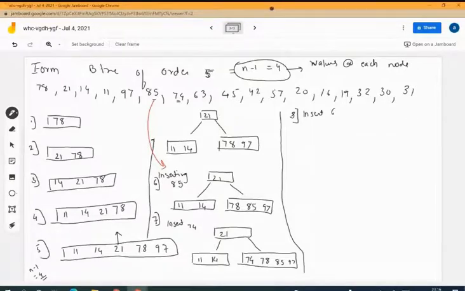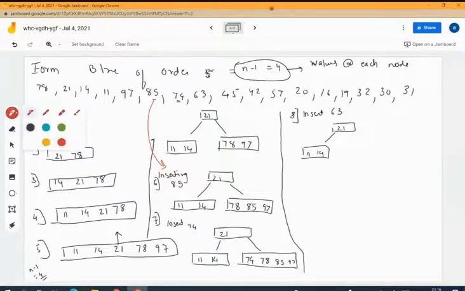63, right? So while inserting 63, again it will be towards right of 21. So the left side I'm going to draw as it is. So it will be 11 or 14 जैसे के वैसे. Now when I'm inserting 63, this is a given condition, isn't it? So in this case, it will come towards the right.